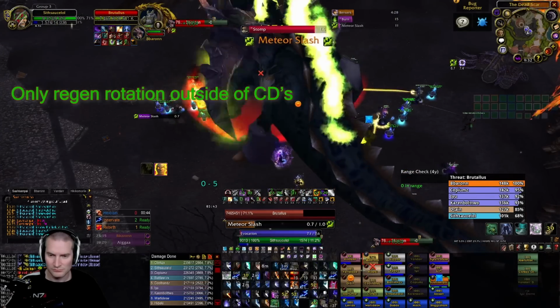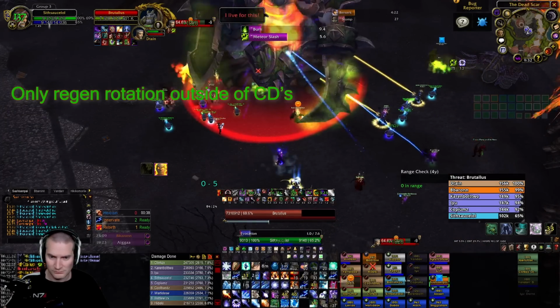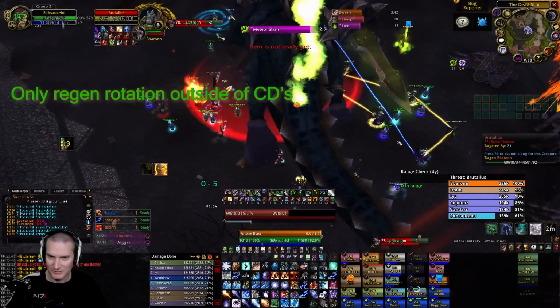Typically what I do is spam Arcane Blast until less than 20% mana, then I Evocate, which brings me back up to almost full mana, and I continue spamming Arcane Blast so that I have enough mana depleted for my second gem and pot usage, which should line up with your second trinket to be able to continue spamming Arcane